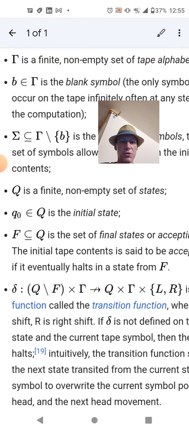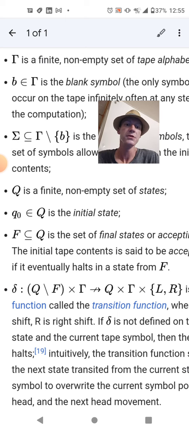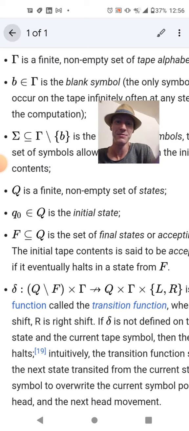So non-deterministic Turing machines can transition to multiple states at a time. That's the difference, right? A non-deterministic Turing machine can transition from one state to multiple states, or be in multiple states at once. That's not something you can do with a computer, because a computer has to be in one state at a time. I'm going to argue that a brain is a non-deterministic Turing machine, functionally, or could be one. A plethora of neurons tied together can be a non-deterministic Turing machine. And here's how I'm going to show you that.